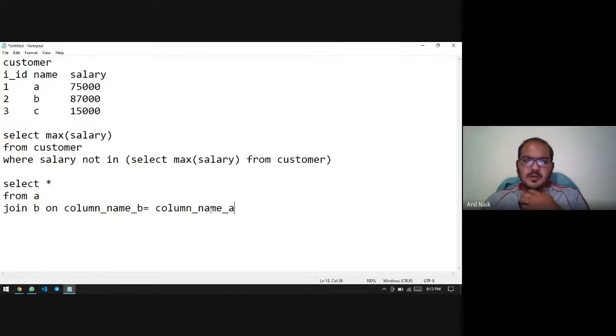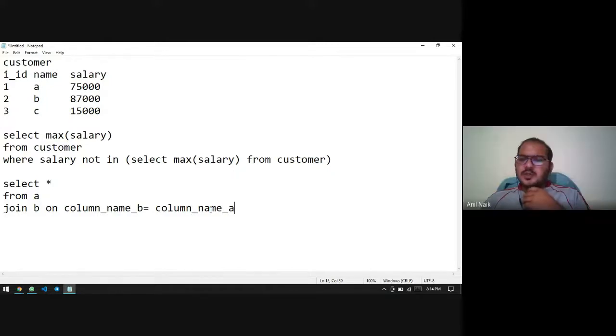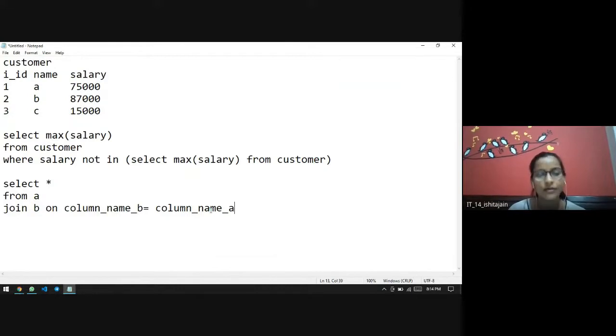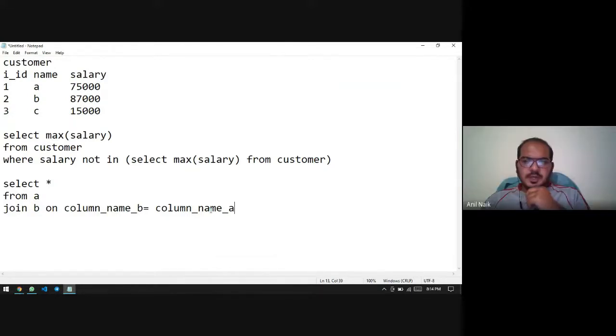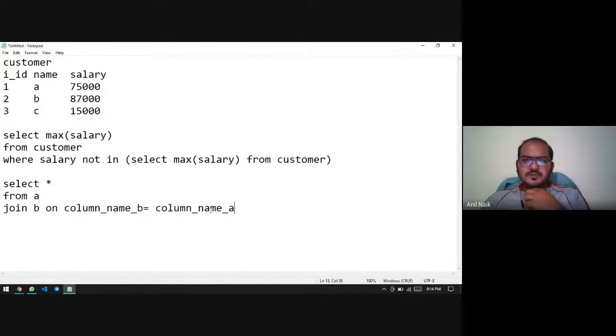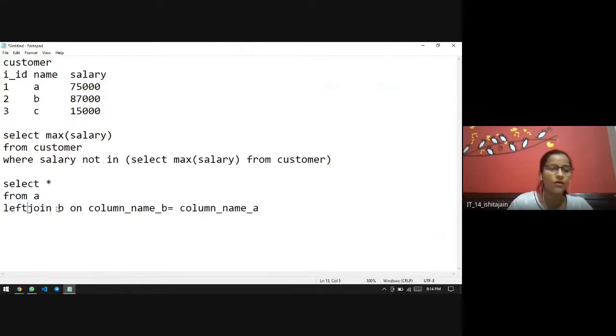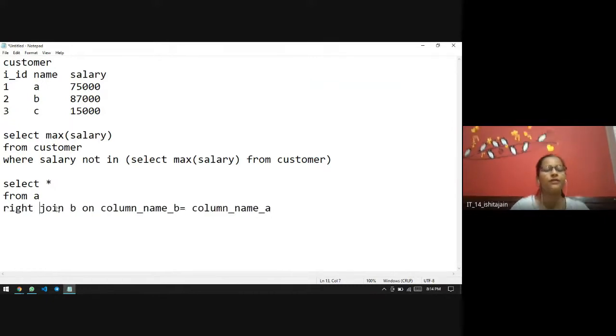Is it correct? A join operation. You have written for the inner join, no? Yes sir, it is correct for inner join. Means you are joining the two tables. Yes sir, I am joining two tables. Are you sure? Is it correct? Yes sir, it is correct. What about outer join? For outer join, I have to write here left join or right join, whatever is needed.